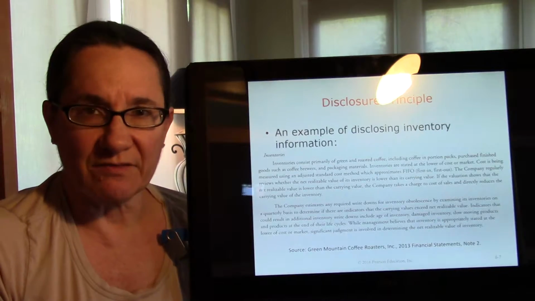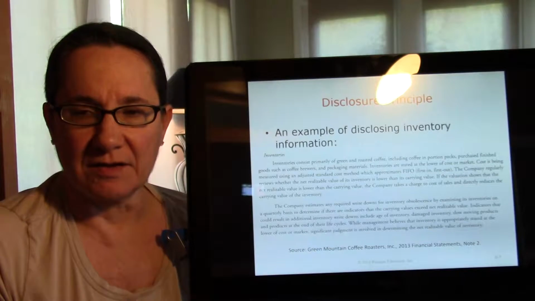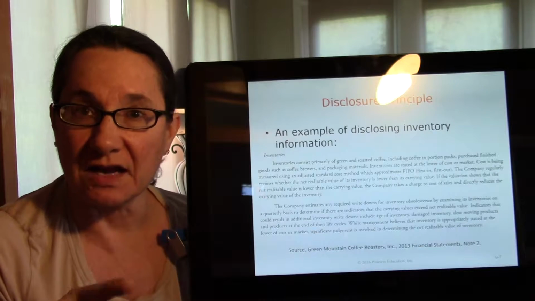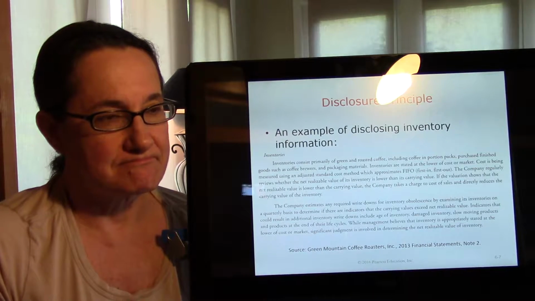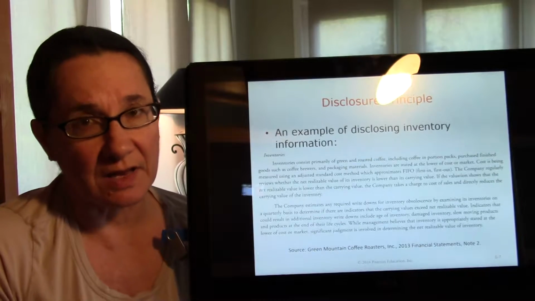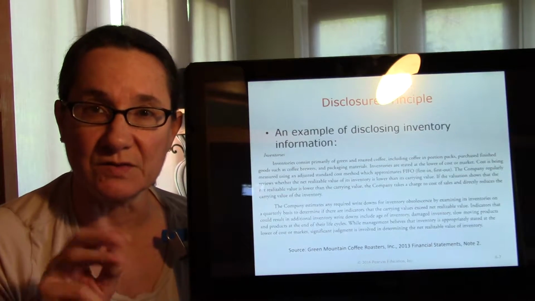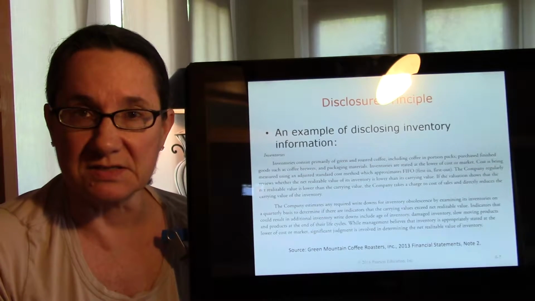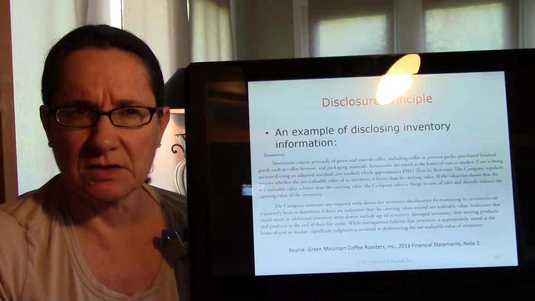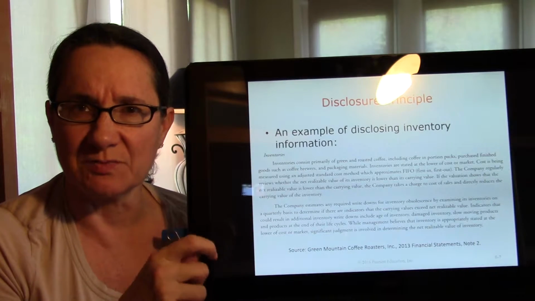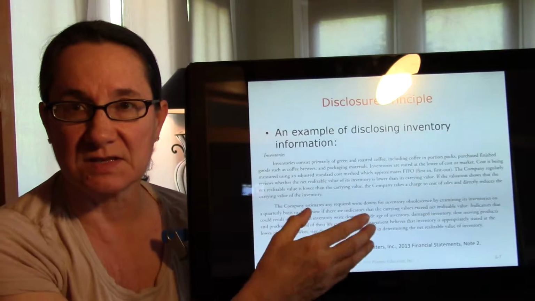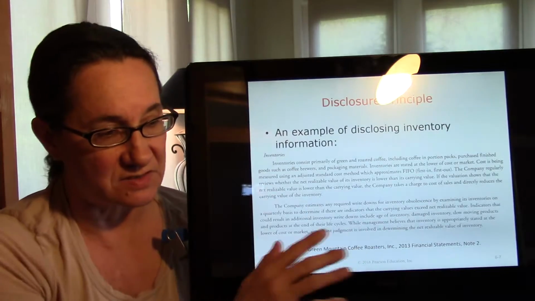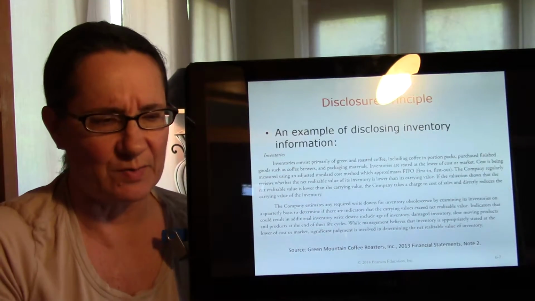So we've talked about the financial statements and we've prepared them: income statement, statement of retained earnings, balance sheet, and we talked a little bit about that cash flow statement. But that's not all there is to disclose. You can imagine there would be a lot of information that's not contained within those 3 or 4, depending on what you're looking at, 3 or 4 financial statements. There's other information like, I see that you have merchandise inventory on the balance sheet, but how did you calculate that? And that's what this disclosure is explaining. So an actual full set of financial statements is going to have a lot of these disclosure paragraphs that helps people